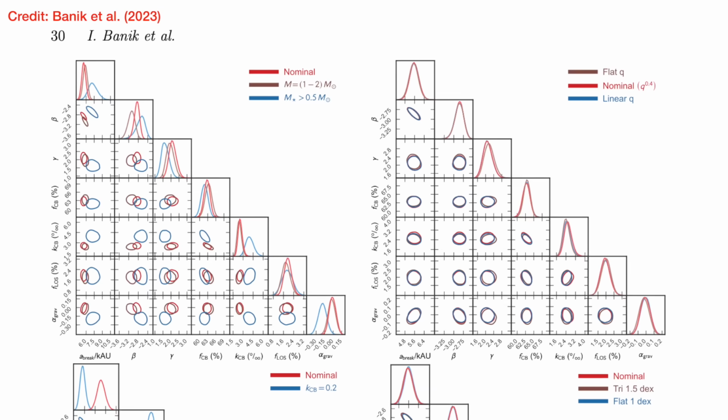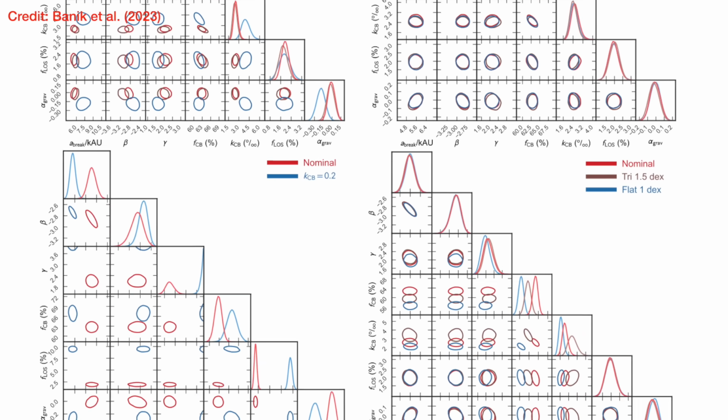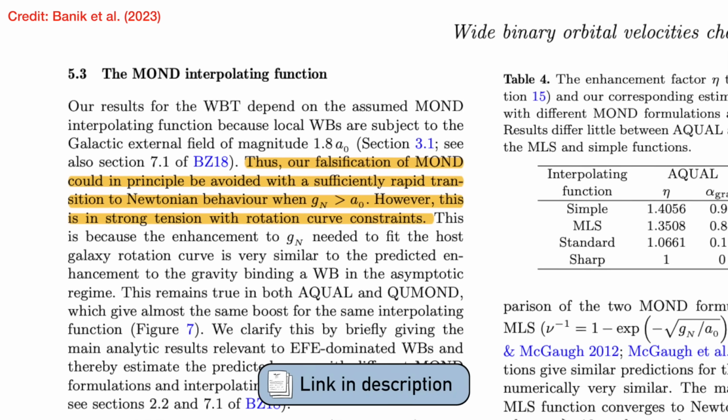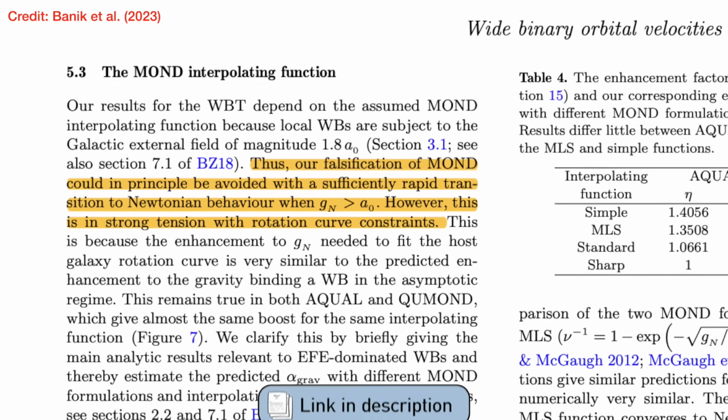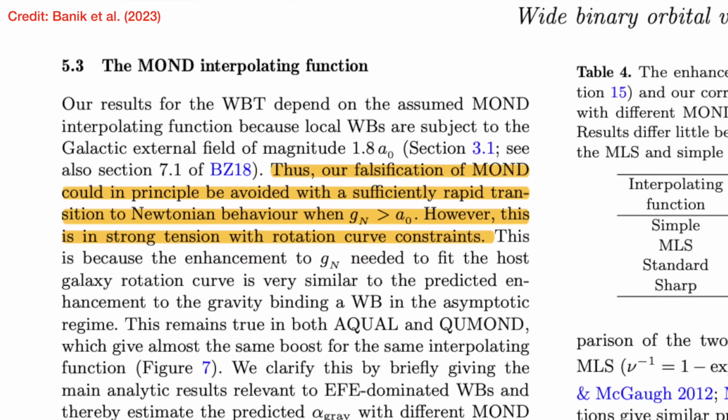And they even tried to tweak the model parameters to see how far you would have to change things to even get alpha grav close to 1 and to matching what MOND predicts. But the highest that they could get it to go was only 0.15. The only way that they could get their model to agree that the data matched what MOND should predict is by tweaking when that transition to the low acceleration regime happens. But then that would throw off the fits to galaxy rotation curves that first motivated the need for MOND in the first place.